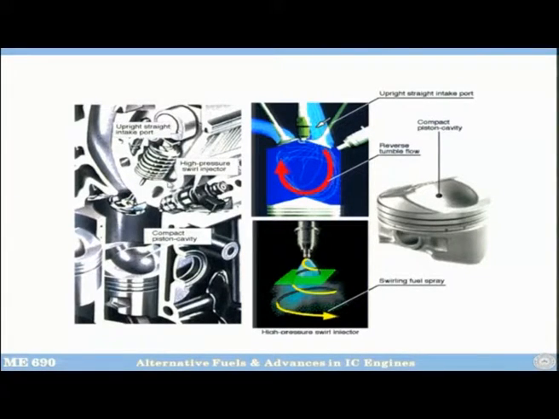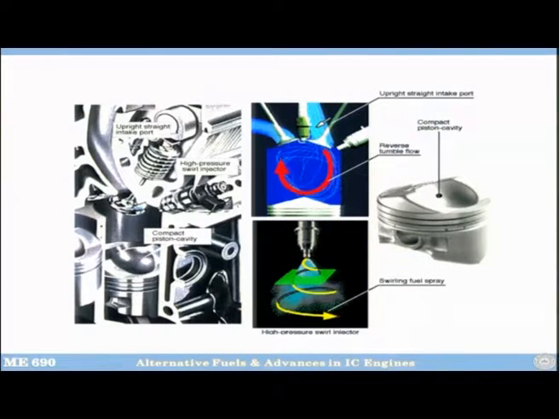And here you have this high pressure swivel injector which injects the fuel. So, you can see this air is coming in here and through this tumble motion, through this curved top, it undergoes reverse tumble motion. And this is the cavity, you can see this cavity which enables this kind of reverse tumble motion. And then here you have the injector, and you can see this injector is having a helical spray, a helical cone which is trapping a lot of air inside. This helps in faster evaporation of the fuel.